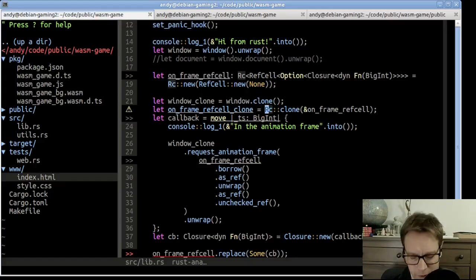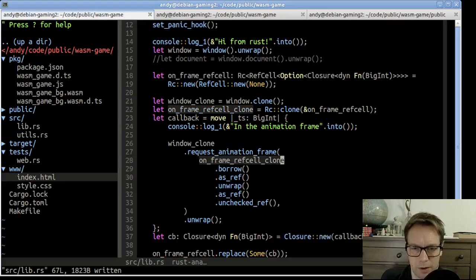But anyway, in this case, we get to say RC::clone to make it clear to anyone who's looking on that we're not making some deep copy of this thing. We're just asking for another reference to it, which we're then going to use in here. And with any luck, that will make the errors go away. Hey, it looks good. It looks good. Okay, so